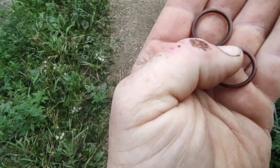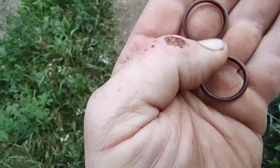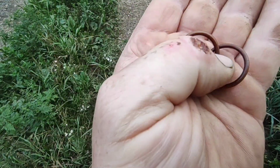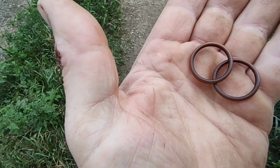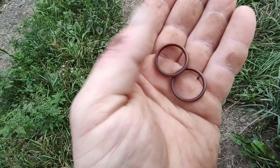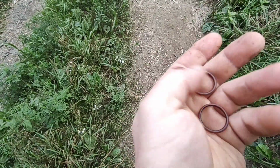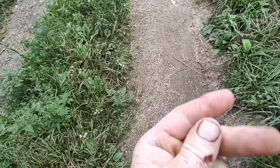One does have a nice thing. Now I don't know which one came out of which outlet. One does have a little bit of a rough area, like a dry skin type thing. You know, it's rough, which might be why it's leaking. They don't feel hard,